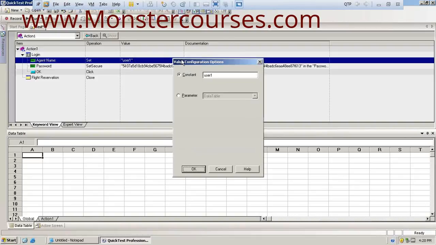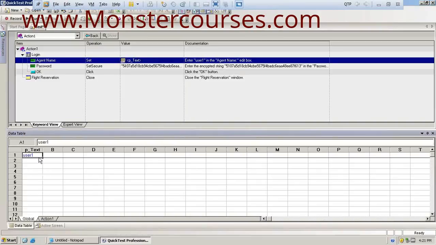For that, we just have to select that value field. This is the constant value. Now I'm going to select the parameter to execute it with multiple values. Here we have got two sheets, global and action 1, which almost looks like an Excel sheet. Let's say I'm selecting the global sheet. Just select global, so this sheet will be highlighted. Click on OK.